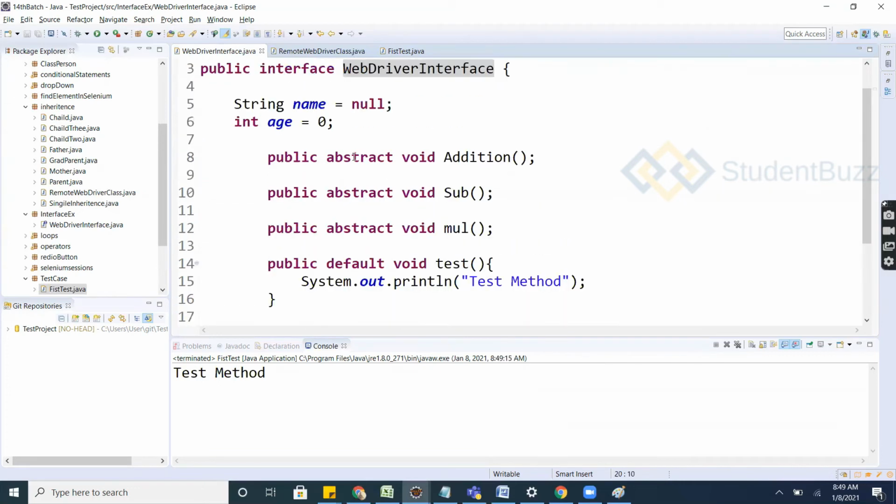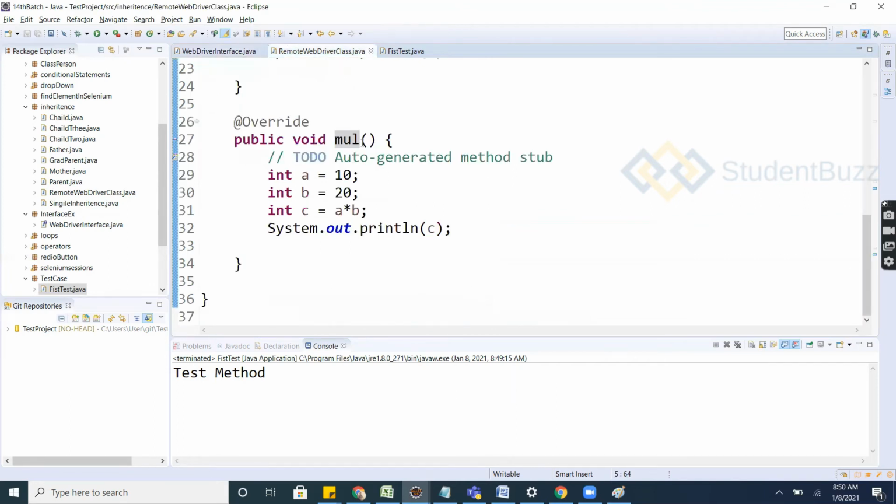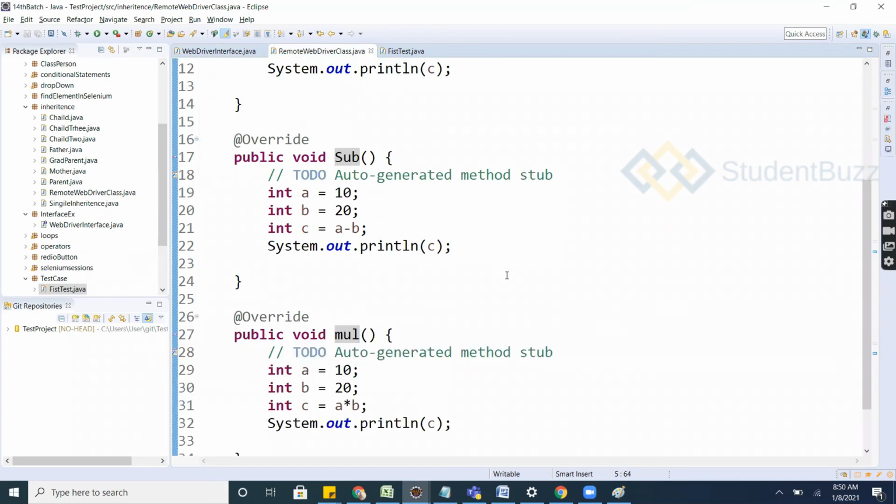Other point: if you want to use these methods directly, you cannot, and only by implementing can you use them, and that we have implemented inside the RemoteWebDriver.